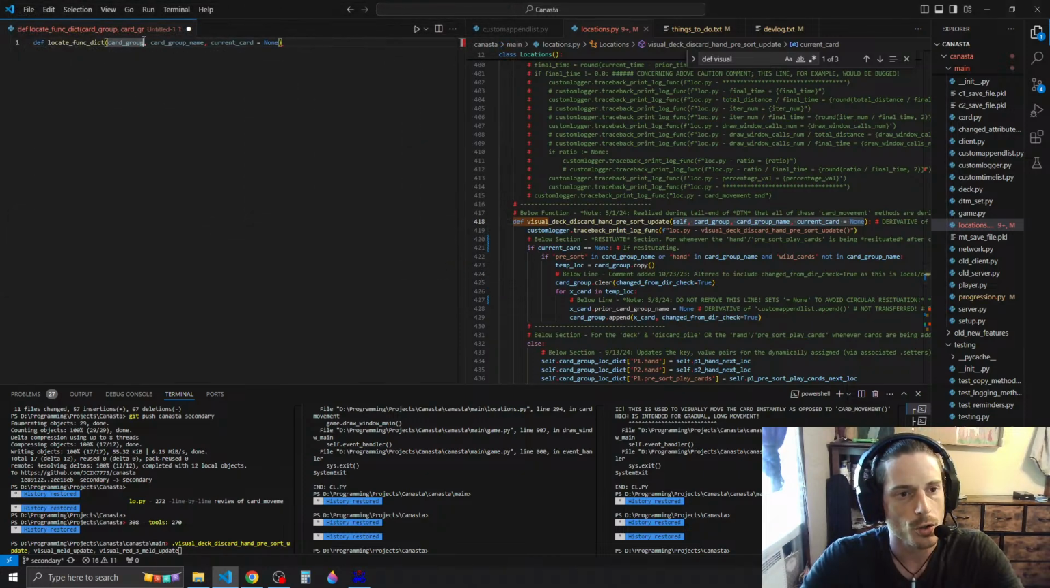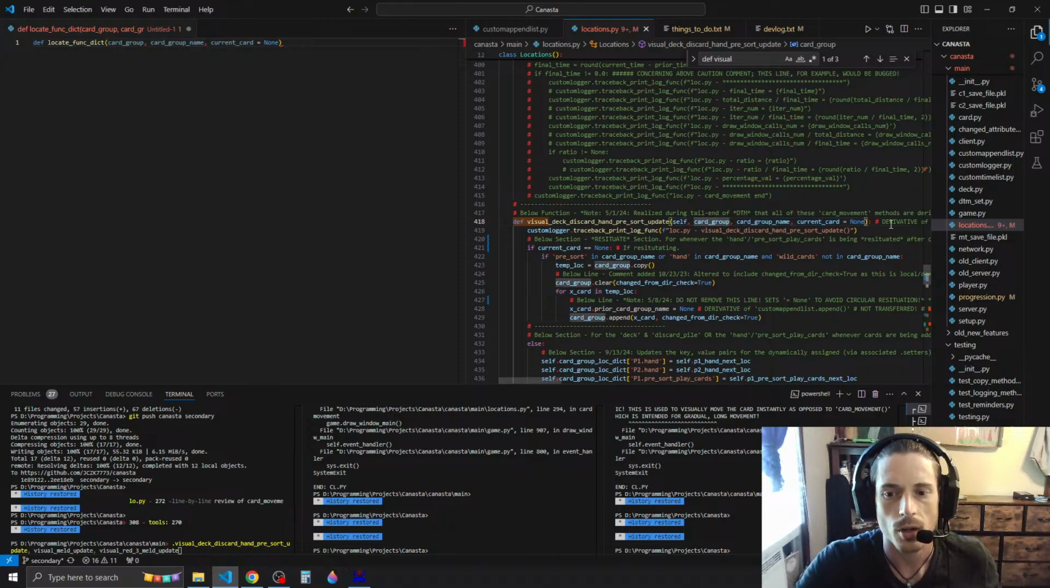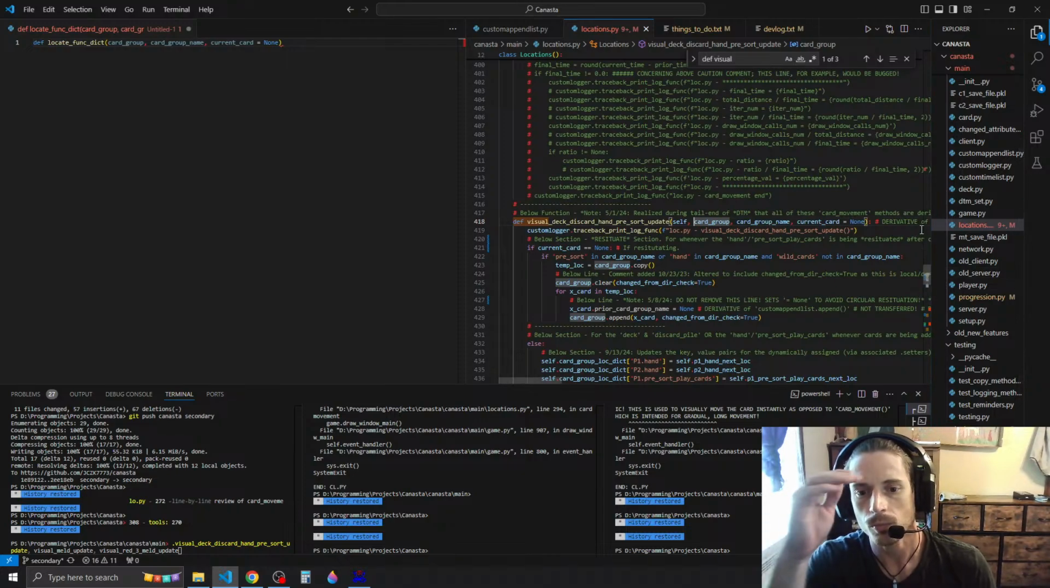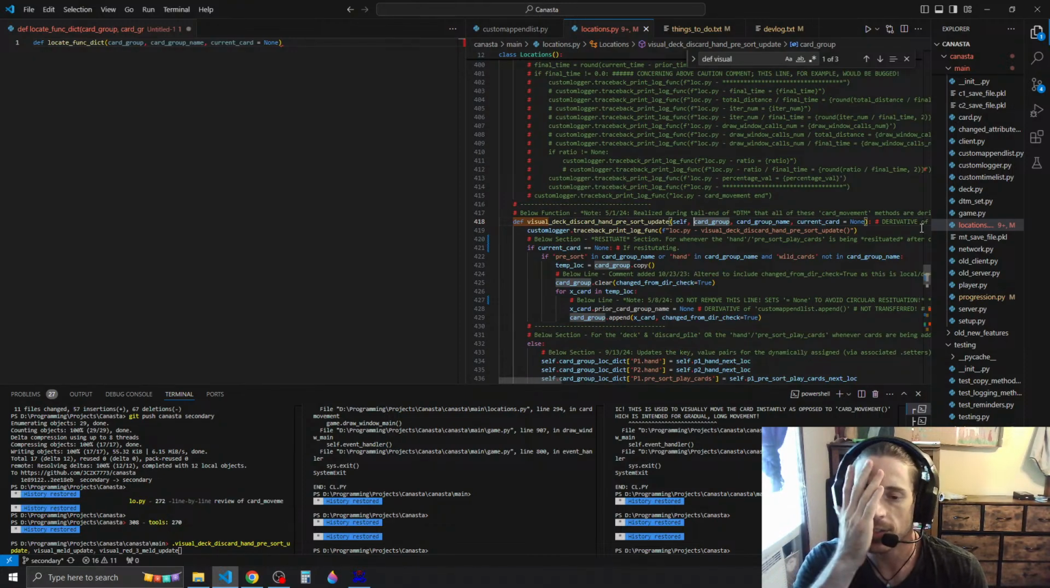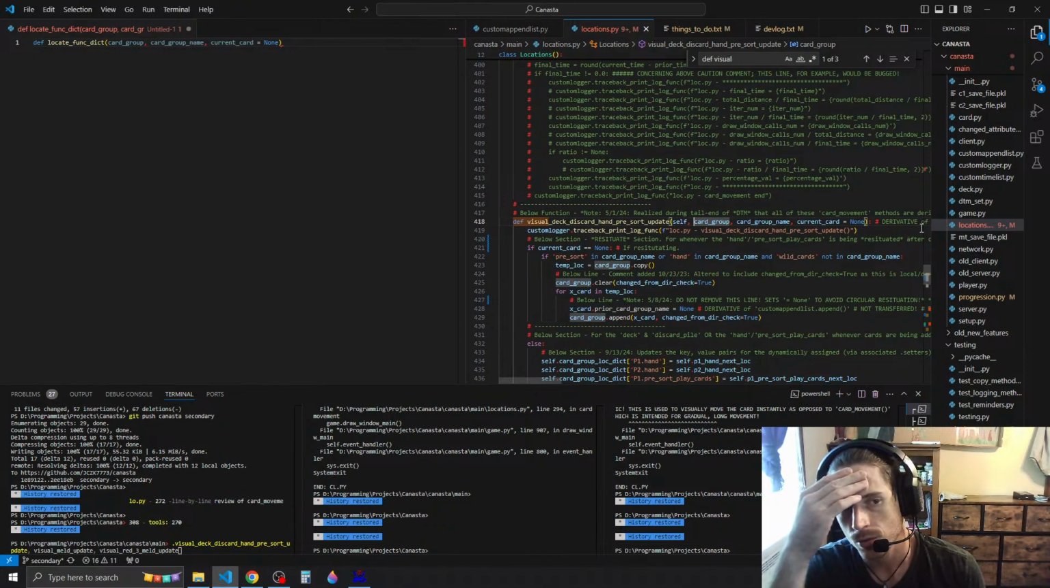So now we have card group name, and then current card. Oh, they're different. Okay, I see what I'm gonna have to do here. Since these are different,